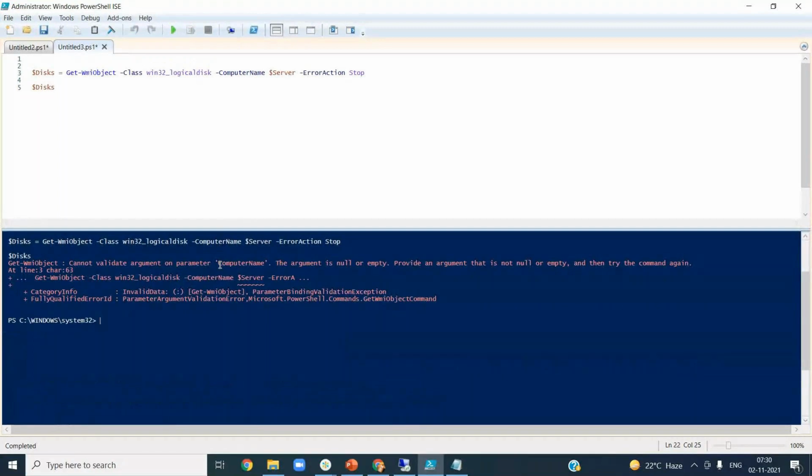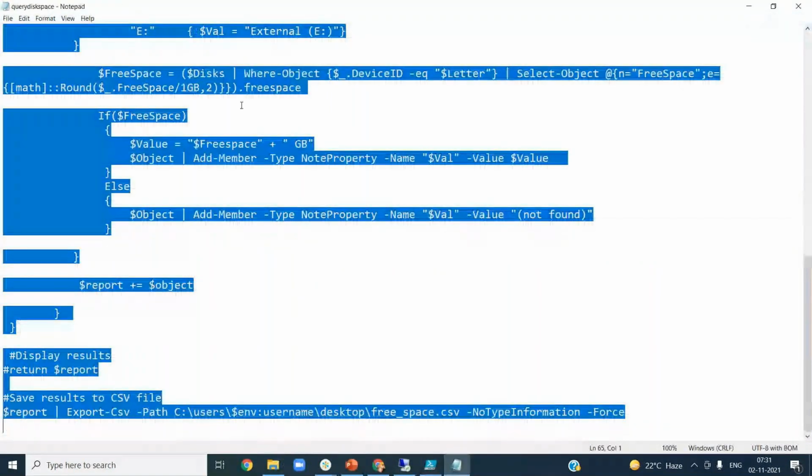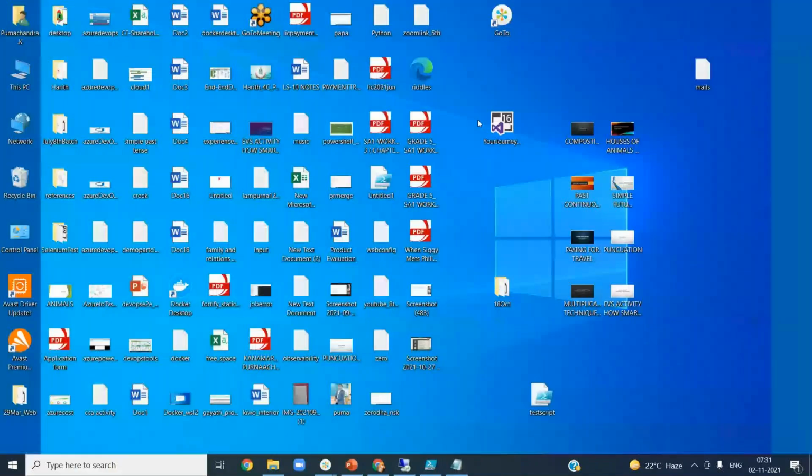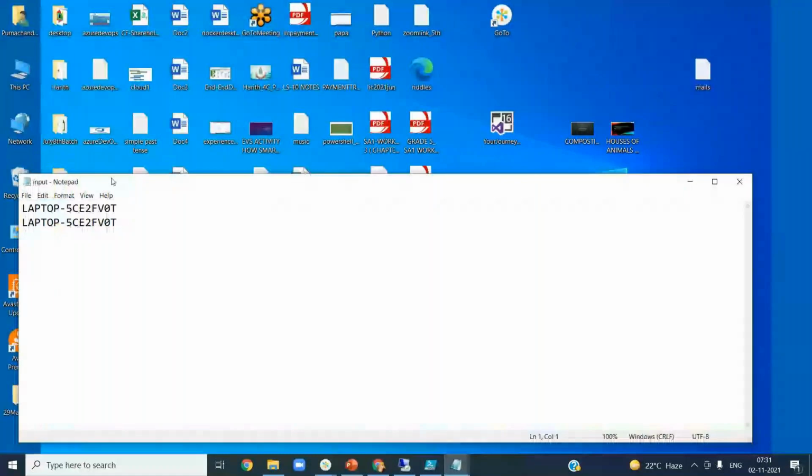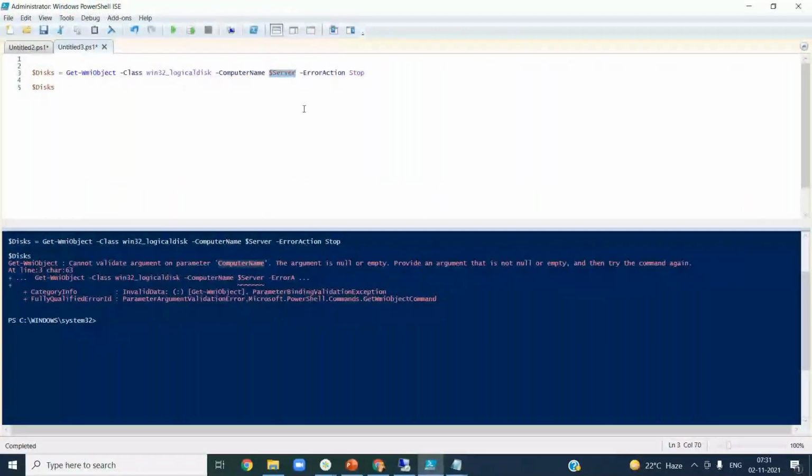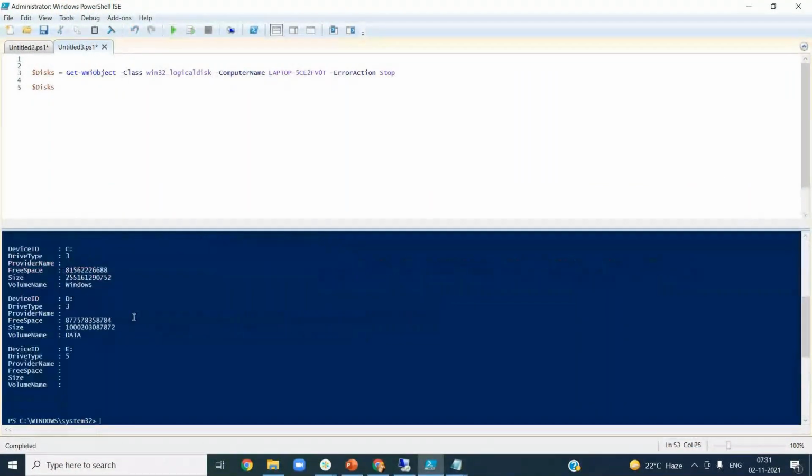Okay, sorry, computer name is empty. That's the reason it is saying this, because I did not take the computer name. This $server doesn't have anything, right? I can give my computer name. So let me take it from the input text. Now if you run this, now you see